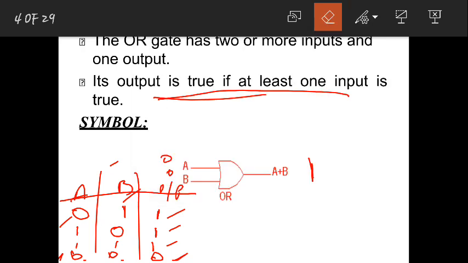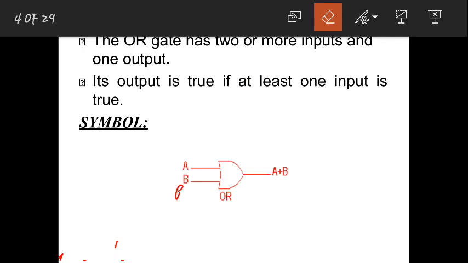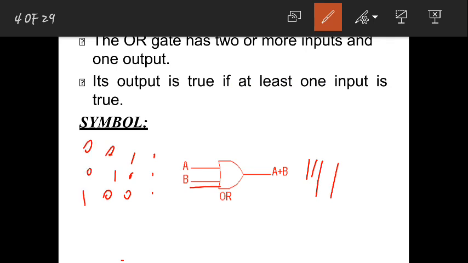Is that fine? Now in the same case, if I take 3 inputs, there is another input called C. Even in this case, if you have three 1s, your output will be 1. If you have any one input as 1 and two 0s, you will have 1. If you have 1 here and 0 0 here, then also your output will be 1. Whatever the combinations are, even if you have 1 1 and 0, you will get output as 1.